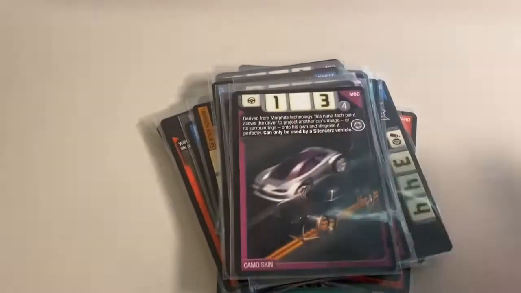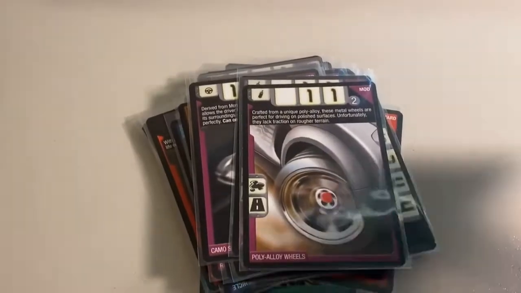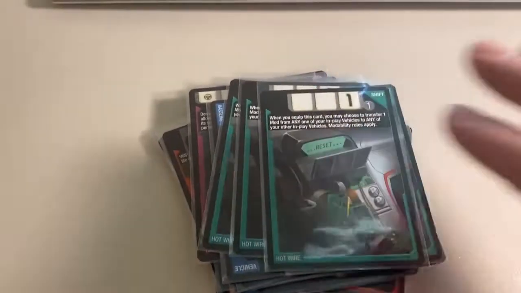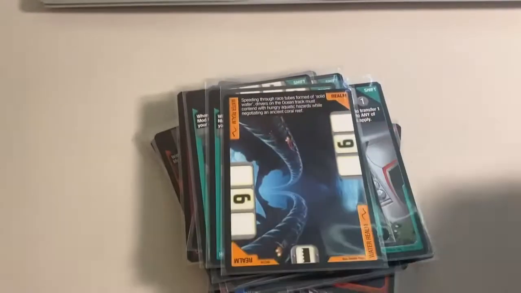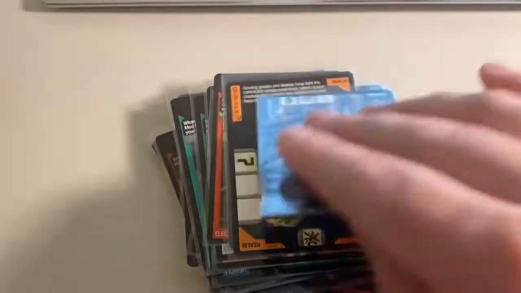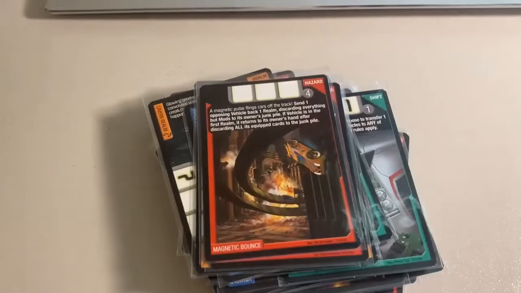Then we have 2 copies of Camo Skin, 2 copies of Poly Alloy Wheels, my last copy of Baseline. Then I believe it was a total of 6 copies of Hotwire. Yep, 6 copies of Hotwire. Then the Water Realm, Lightning Rod, 2 copies of Electric Fry, the Cavern Realm, Hyper Spectite, the Neon Pipeline Realm, 2 copies of Magnetic Bounce, 2 copies of Molten River, a copy of Traction Control, gosh, they're going all over the place,